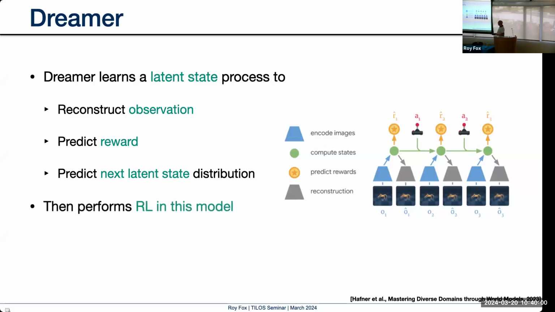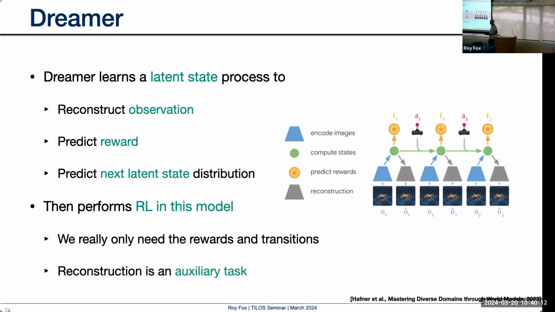But I should say, when we actually use this to learn, to use reinforcement learning, we need the rewards, we need the transitions, right? It's kind of like an MDP. What about the reconstruction? We don't actually need it for the reinforcement learning. It's an auxiliary task just for learning this latent state. Okay. So it's an important auxiliary task, right? People found that you have to have it. If you don't have it, there's not enough signal in just the reward prediction over time to learn this latent model. So observation image reconstruction helps a lot. But what if there's some distractions there?